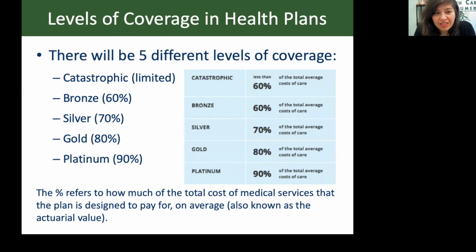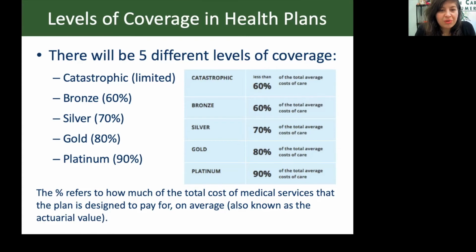In Champaign County, we only have up to gold, but the idea is that these different levels of plans are not qualitative. It's not that one is the worst or one is the best, but the idea is that these are based on actuarial values, and these plans, whatever category, will cover a certain amount of your medical costs.